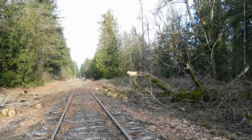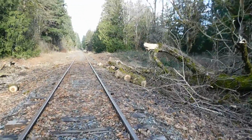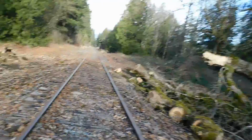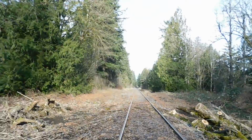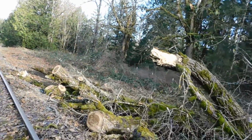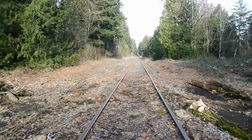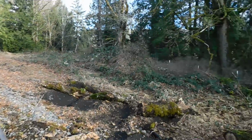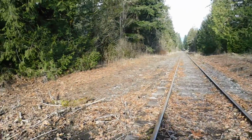1,250 feet. We're going to come down here to 1,200, which is about where the tree fell. There you can see there's the 1,200. They did some real pushing. Maybe they had a train down here that did this, because look, it pushed into the dirt. Pretty impressive. Now this is where the area is where I believe there was a little road, and I thought